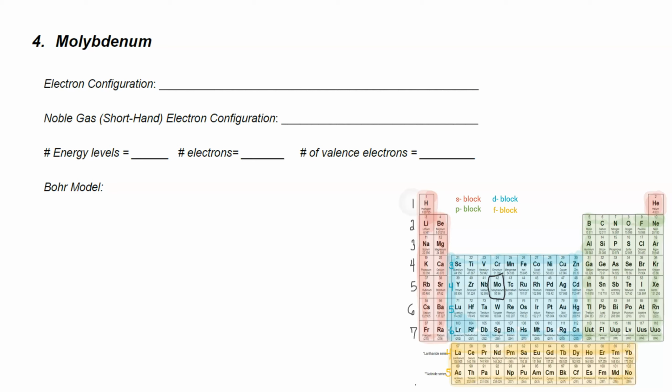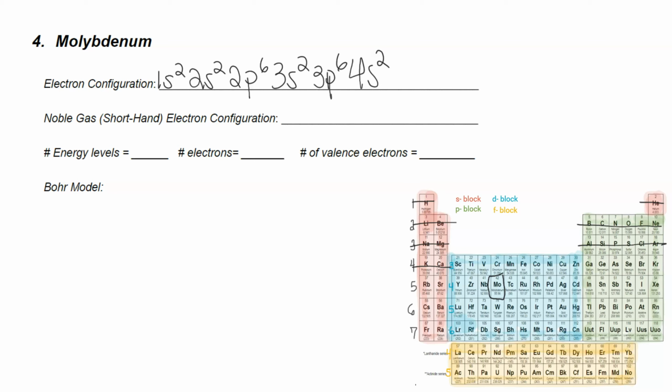We'll start with 1s2, and then 2s2, and then we know 2p6, and then 3s2, then 3p6, 4s2, and then we go to 3d10,